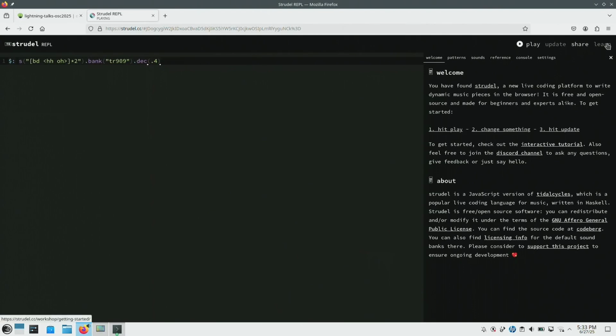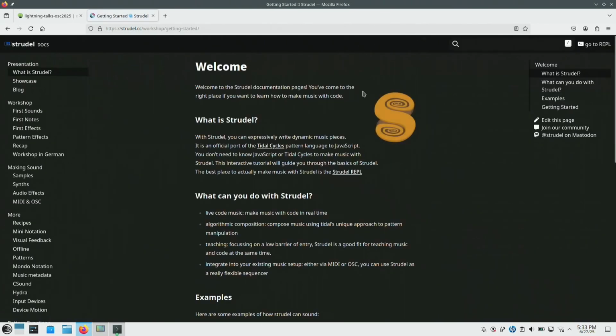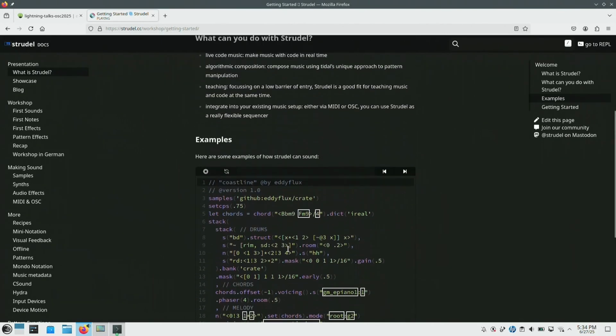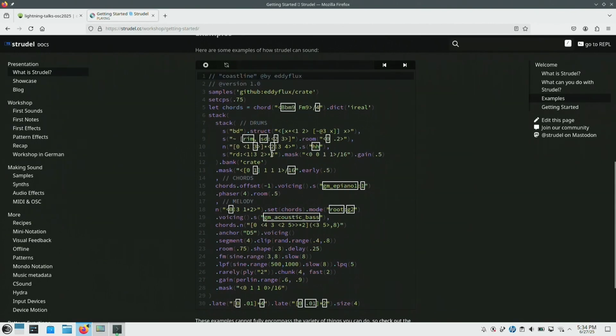Under Learn, I think, they have these examples here, and you can try these examples live, and then it starts out with this chord of B minor with nines added, and then this other chord, and then it adds some drums later with a rhythm, and you can play around and edit it live here and press update, and it changes live the music that is playing. So that's really a cool toy to create music live.